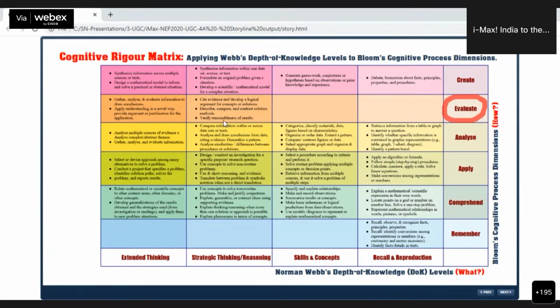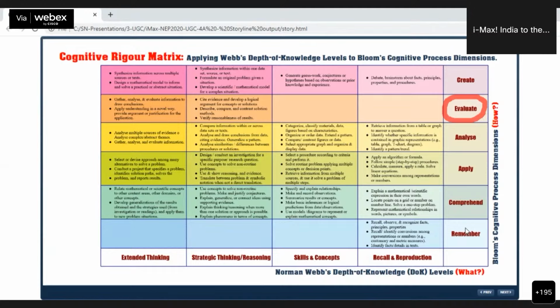This is what the cognitive rigor metrics. The cognitive rigor is the ability to perform higher order thinking and to find applications for that. So this is cognitive rigor metrics. And in cognitive rigor metrics, you may ask, what is the difference between this revised Bloom's taxonomy and this